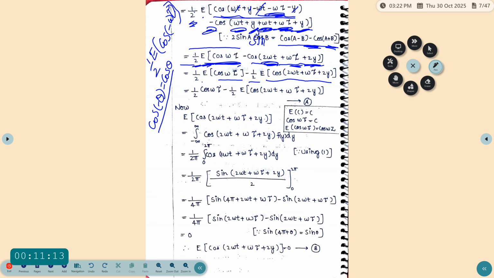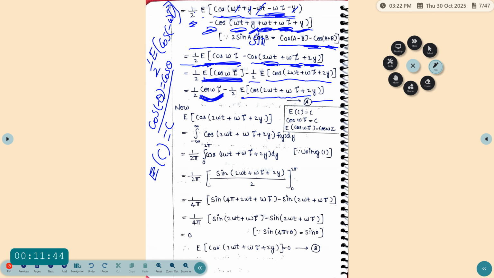Here, expectation of constant equals constant, so that here there is no y variable. So expectation of cos omega tau can be written as cos omega tau. So 1 by 2 into cos omega tau minus 1 by 2 into the same term, expectation of cos 2 omega t plus omega tau plus 2y. Consider this equation as equation A,